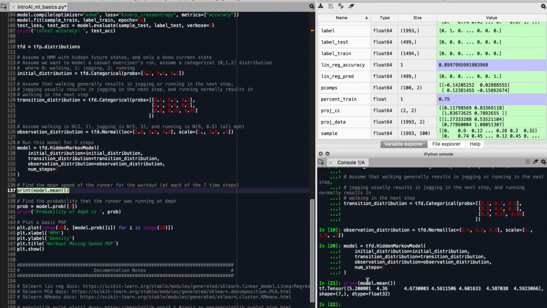You can see here that we have a tensor that consists of the mean of the runner at all 7 time steps. At the very beginning, our average speed is about 5.2 miles per hour. Because we're kind of lazy, we get back to 4.3 miles per hour in the next step. The next step, the average goes up, and you can see how the average evolves over these 7 time steps. I encourage you to mess around with the number of time steps and see how the model